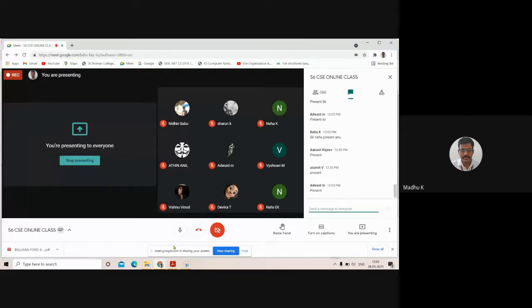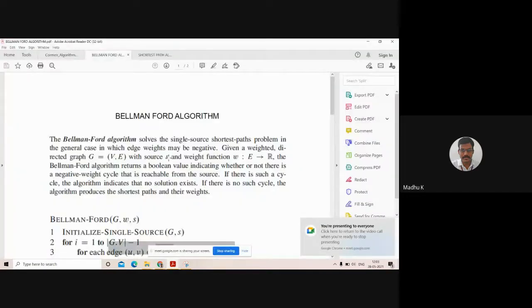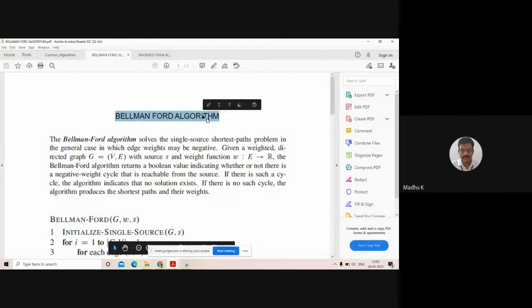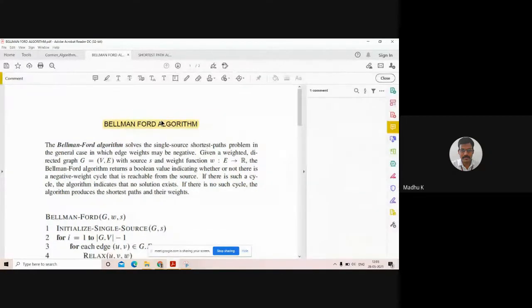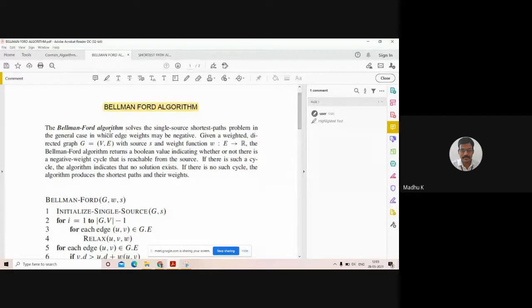Now we want to discuss the Bellman-Ford algorithm. So what is the Bellman-Ford algorithm? It is also a shortest path finding algorithm. The Bellman-Ford algorithm solves the single source shortest path problem